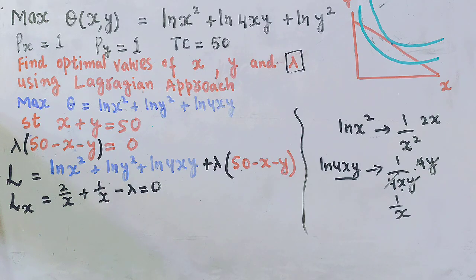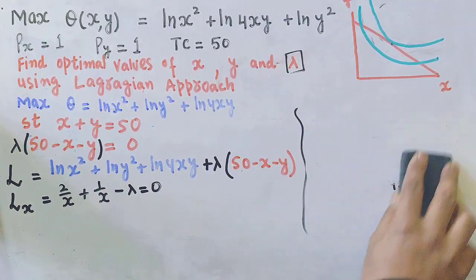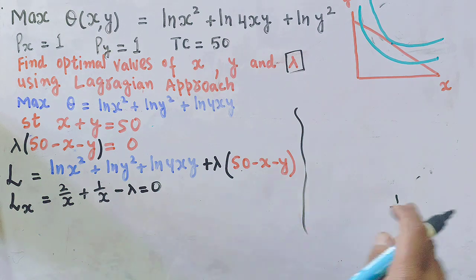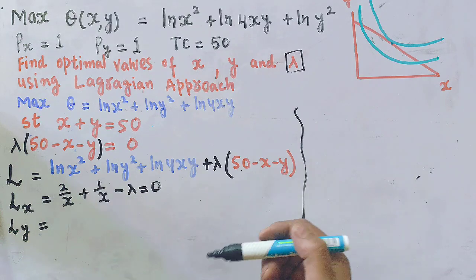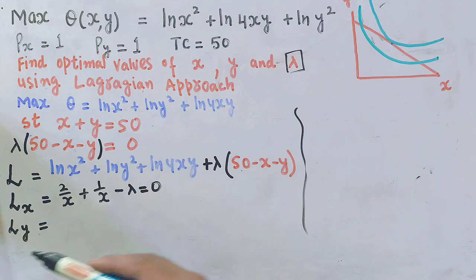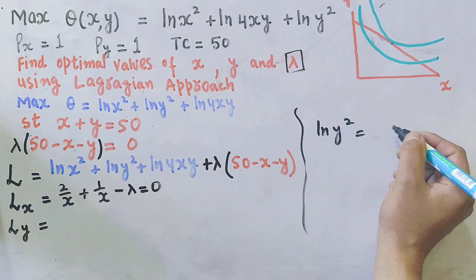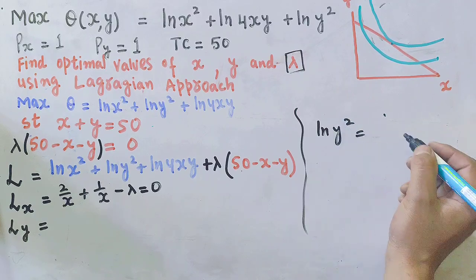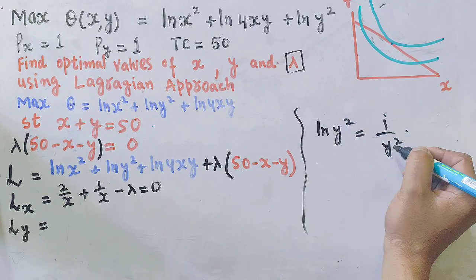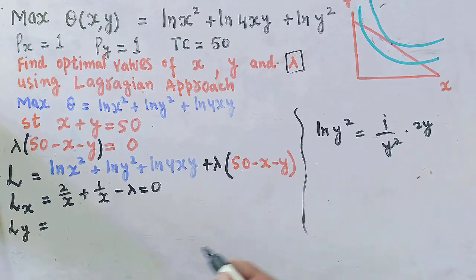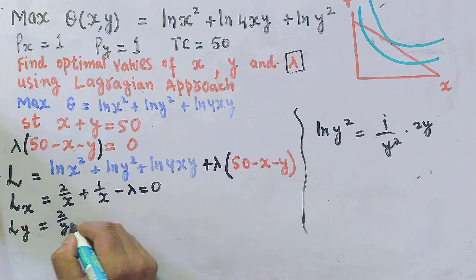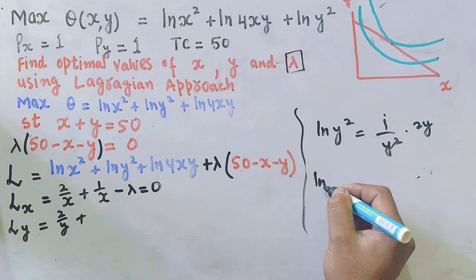Symmetrically, I hope I am doing it in the correct way, we take the derivative with respect to y this time. So the derivative of ln of x square will be 0 because we are taking partials with respect to y. The derivative of ln of y square will be 1 upon y square times the derivative of y square, that is 2y. So y and y get cancelled, we are left with 2 upon y, plus similarly we have ln of 4xy,